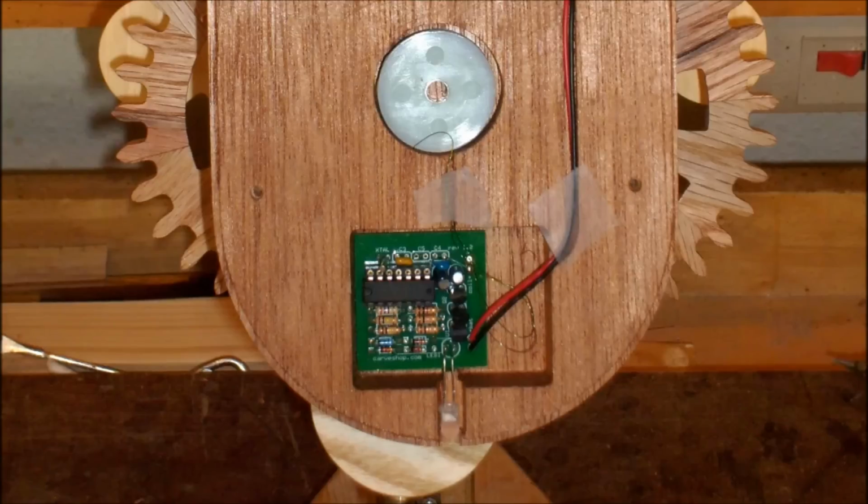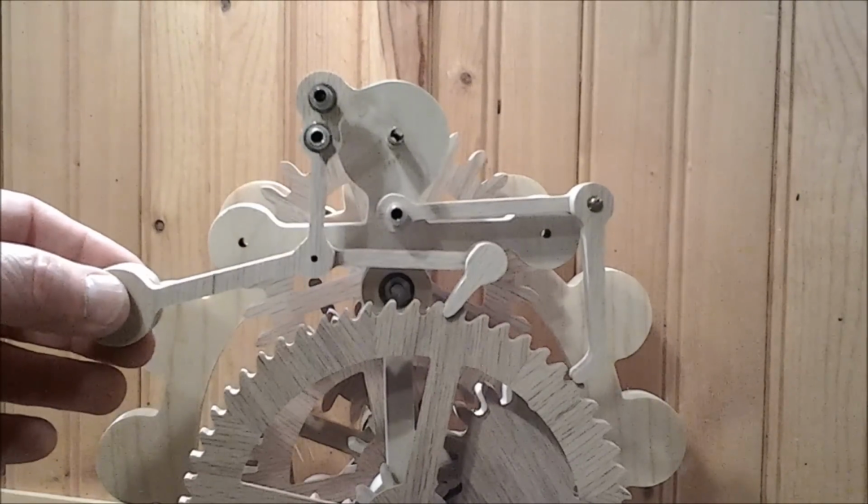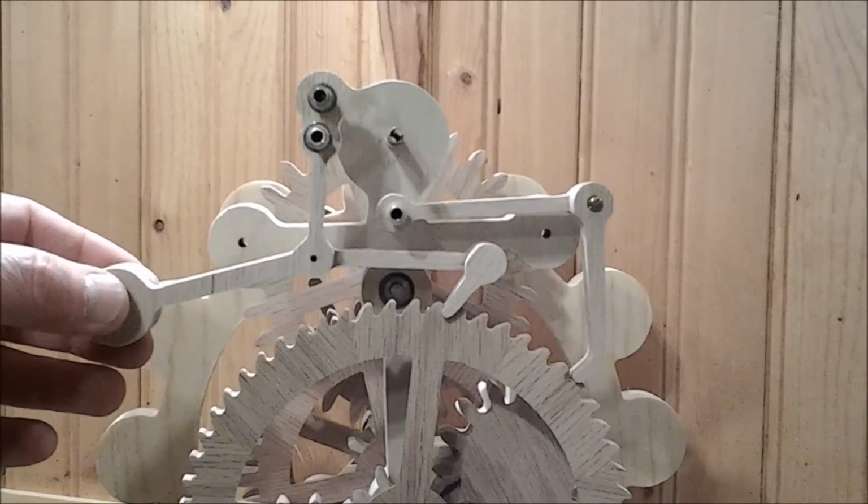Battery-powered electronics energize a coil as the magnet swings by, giving the pendulum a gentle push to keep it moving. A microcontroller precisely measures each and every pendulum swing and speeds up or slows down the pendulum to keep perfect time. A ratchet mechanism is used to convert the back and forth movement of the pendulum to rotary movement of